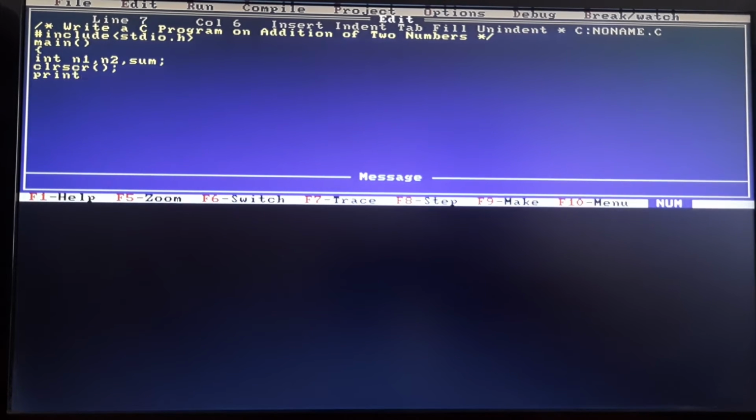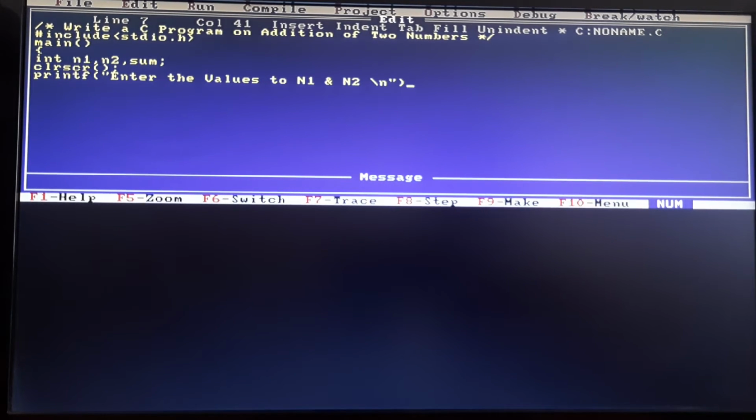Okay, use the printf statement and enter the values to n1 and n2. Whatever we write in the double quotes is going to print as usual on the output screen, because it is called a string. The string as usual prints on the screen.